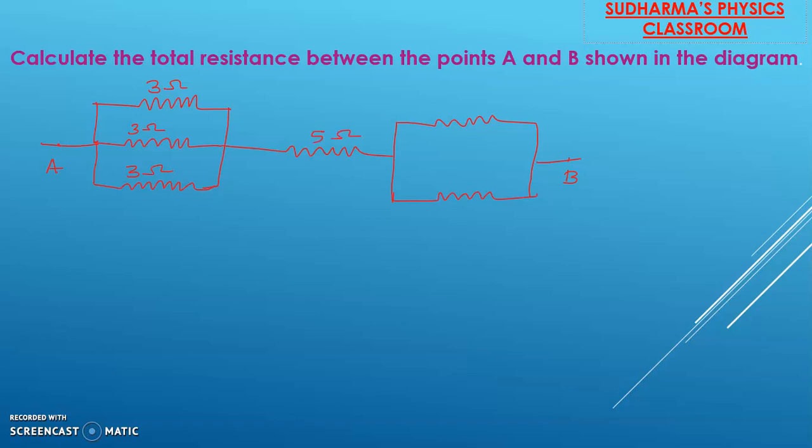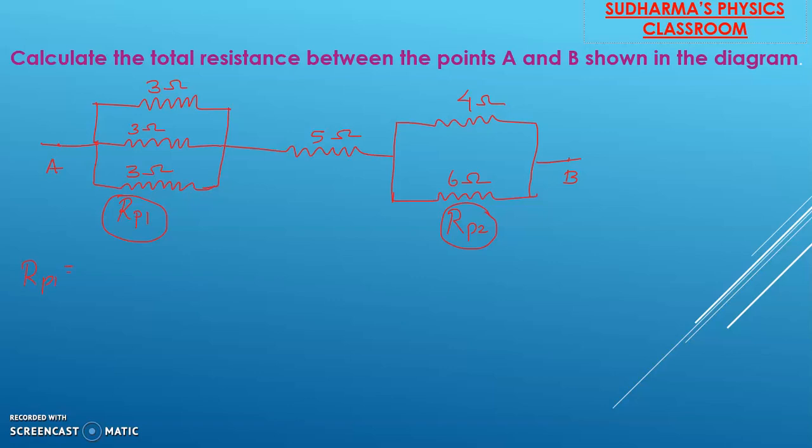So we have 5 ohm and another 4 ohm, and here we have 6 ohms. Okay. So we have 3 sets of resistors, right? One is these three 3-ohm resistors in parallel, the other one is 5 ohm, and another one more parallel combination, right? So let me call the first one RP1. This is parallel combination 1, this is parallel combination 2, and 5 is definitely in series with the circuit.